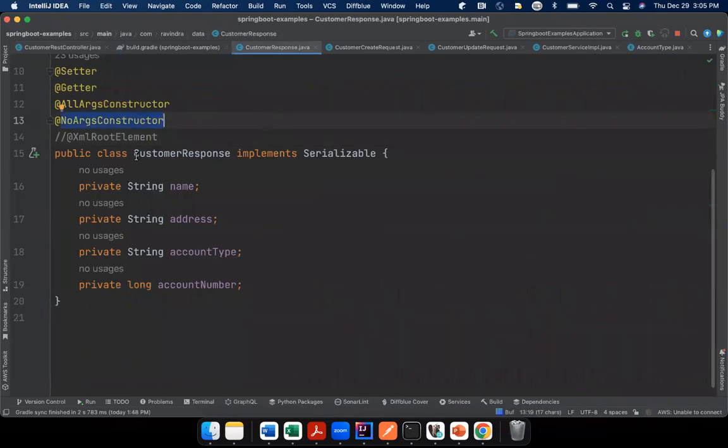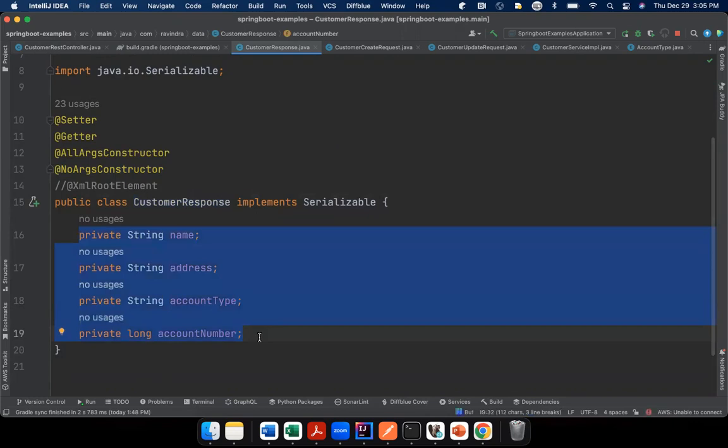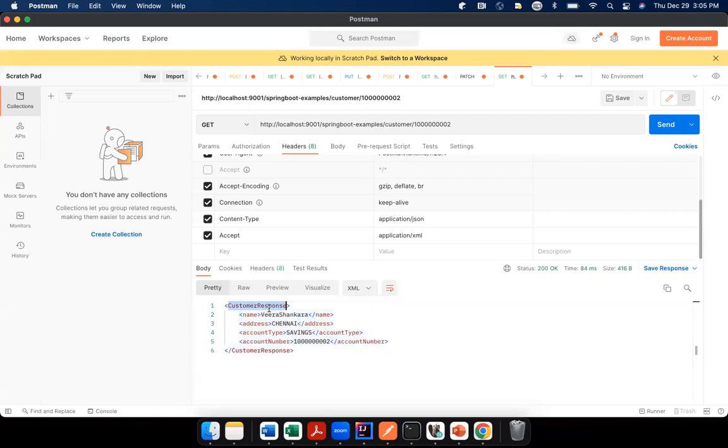So now we can see here, this is the customer response class. And we have a couple of fields like name, address, account type, and account number. These are all the child elements. So if you want to have your own name for this particular customer response tag, you can also